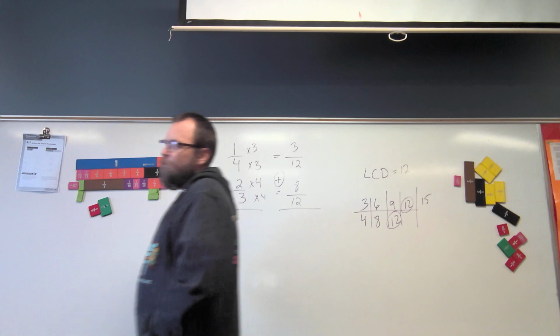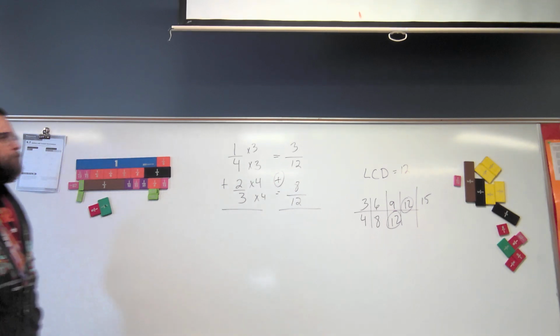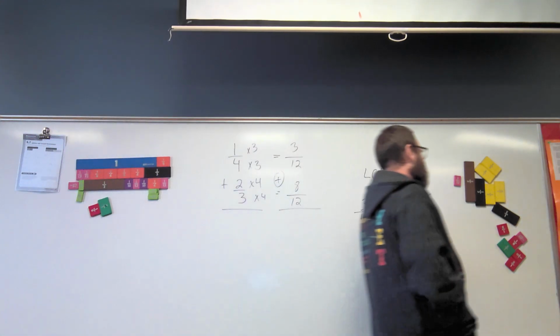So now we have 3/12 plus 8/12. Giovanni, can I add those the way they are currently written? Yes, because they have the same denominator. That's the exact same problem. I just changed the way the addends were written. The exact same problem. So Giovanni, 3/12 plus 8/12 is